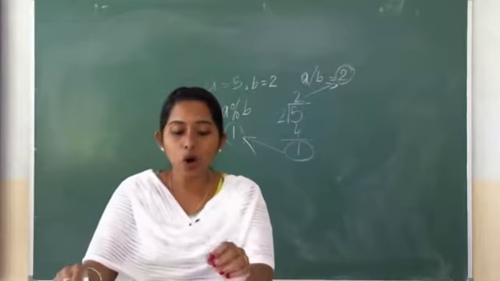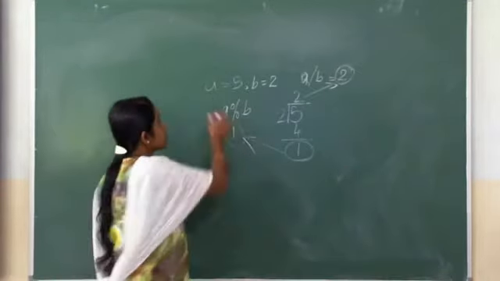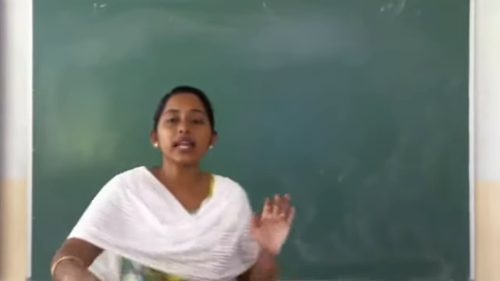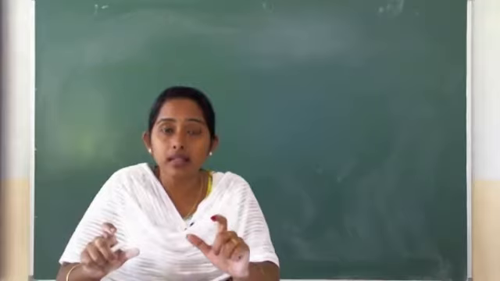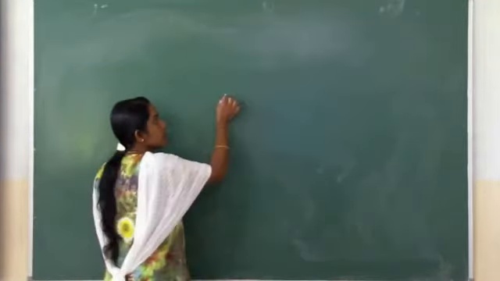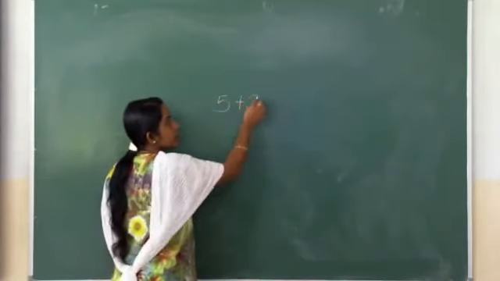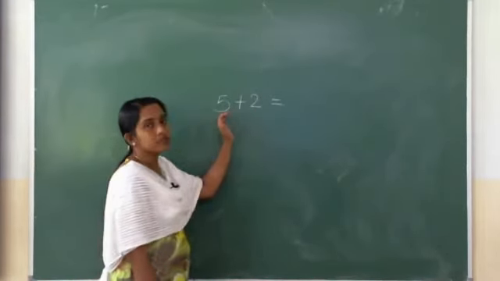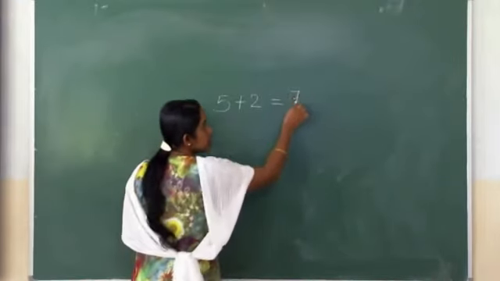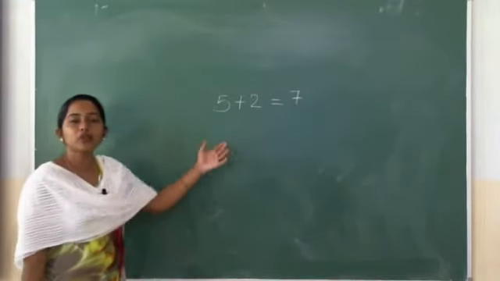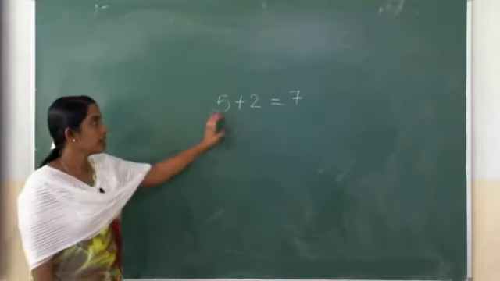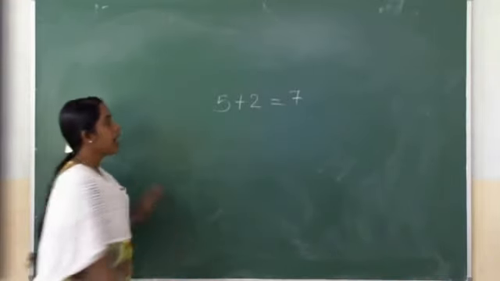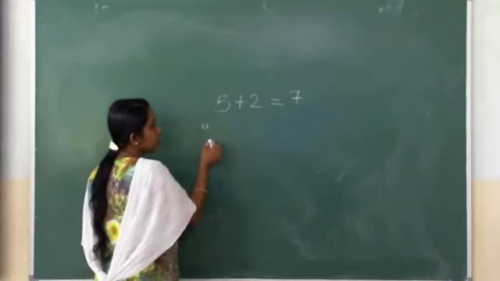Next topic, the plus operator with strings. I already told you, if you are using data with the data type string, that means in double quotes. Now we only studied 5 plus 2. What will be the answer if we are doing 5 plus 2? The result is very clear for you. It's 7 only, isn't it? That is the addition operator. Two operands we add together and we get the result. And if we are specifying double quotes,